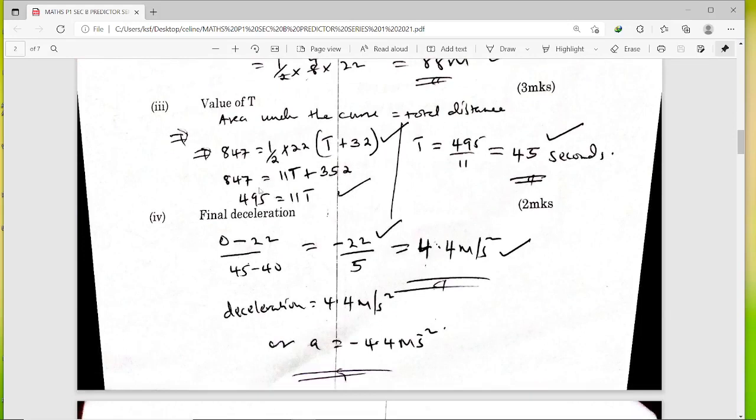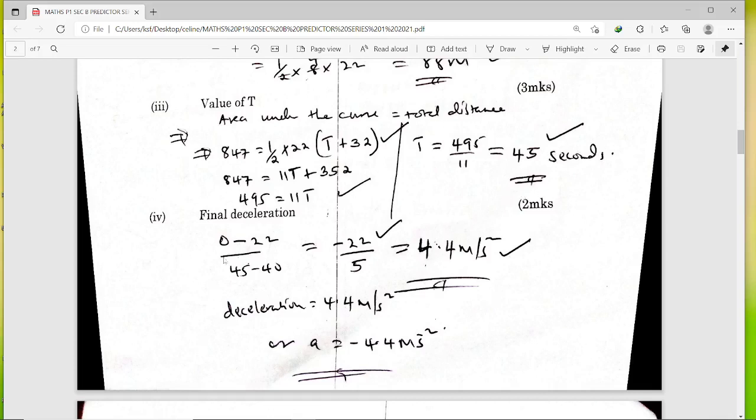So 847 will be, this is 11. You open the brackets here, we shall have 11t plus 11 times 32 gives you 352. So we take this other side, so it will be 847 minus 352, we get 495 equals 11t. So t will be 495 divided by 11, and that gives you 45 seconds. So that is the total time taken, that is the value of t, the total time taken for the whole